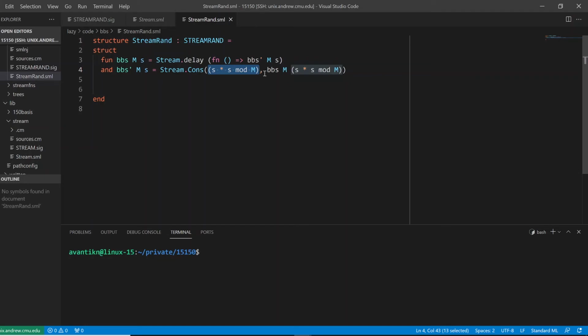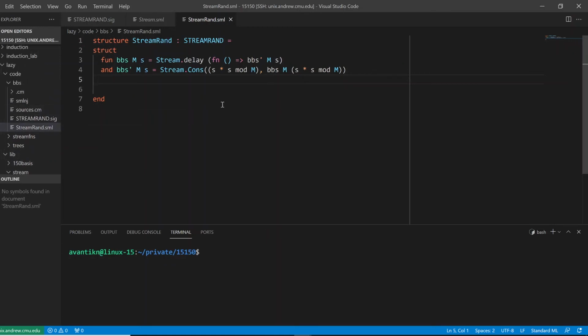This is kind of the computation, and then the rest of the stream, well, we just recursively call our first function, just the Bbs generator. And our new seed is whatever the old number is, because that's how the number generator actually works. Well, this looks like a really short and easy function, and it doesn't look like it's going to do anything. So what's going to happen when we run this?